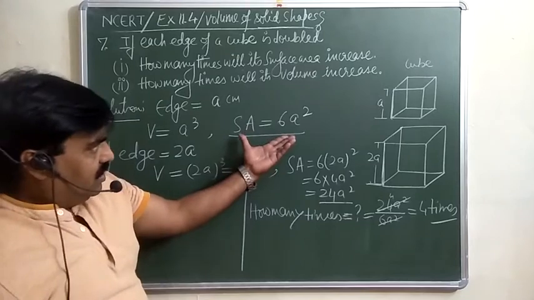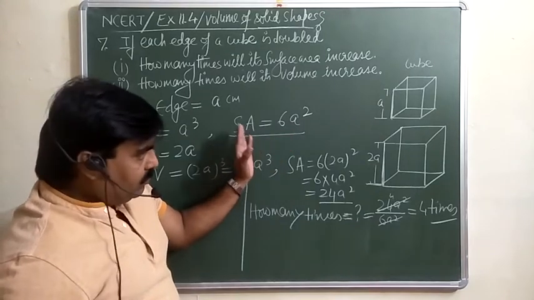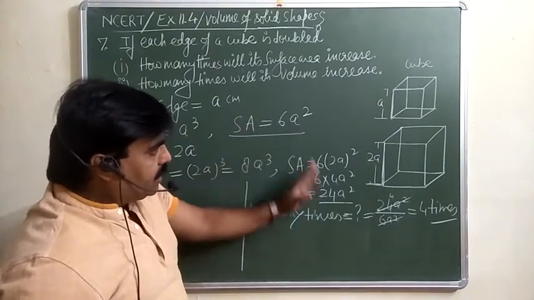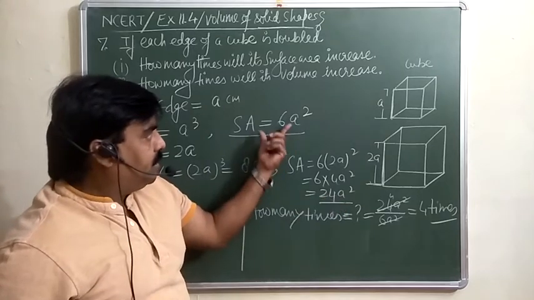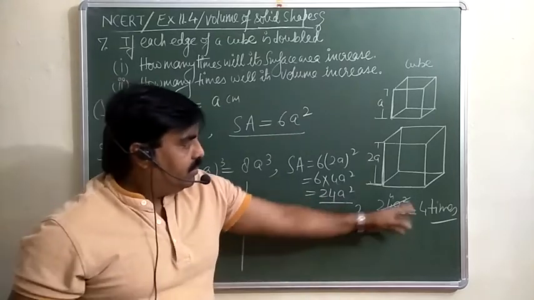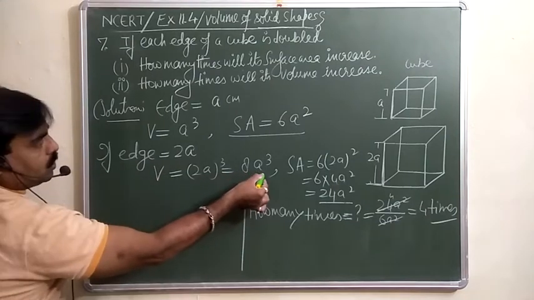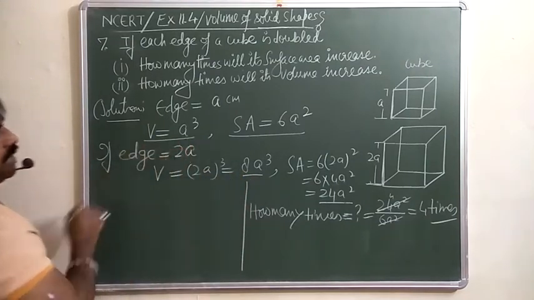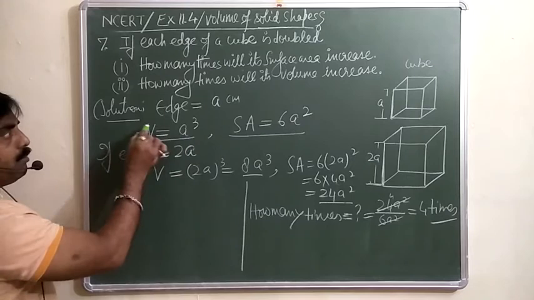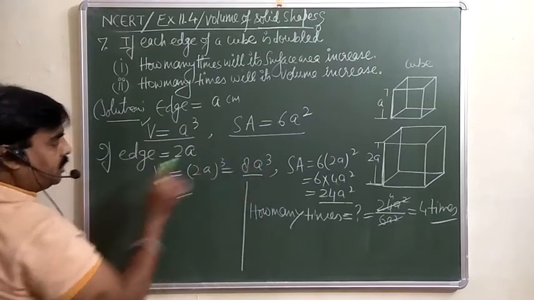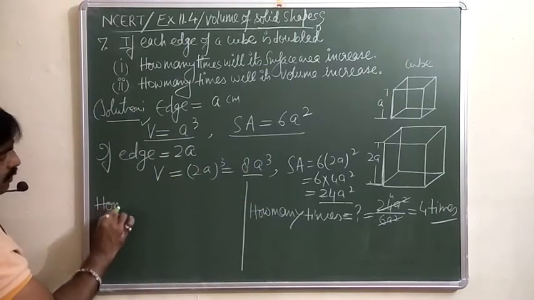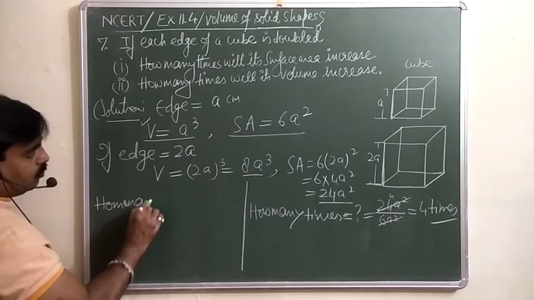Or you can say surface area of this one into how many times it is increasing is equal to this one. So this divided by this, you will get the number of times by which this is going to increase. Now similarly in case of volume, the volume is 8a cube and your volume used to be this one. पहले volume क्या था, ये था. जब 2a किया तो this one is there. तो how many times it is going to increase? That is also you can calculate.